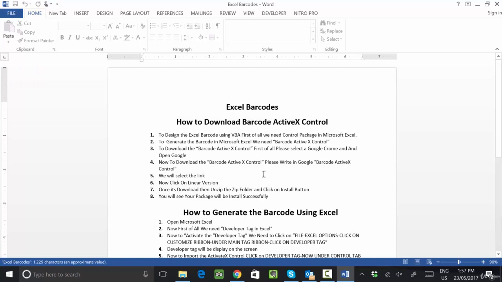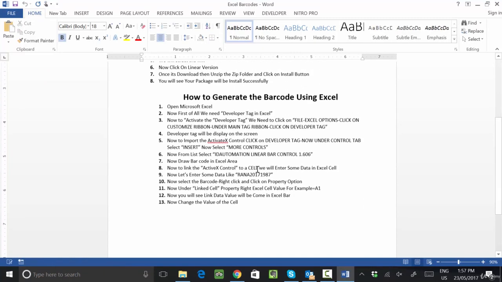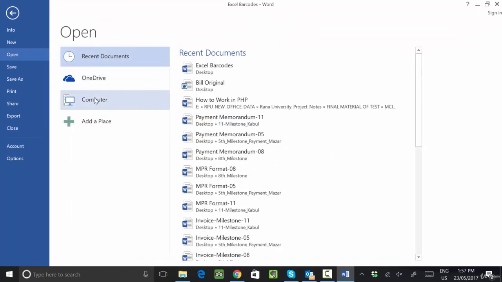So here is the file. That file is open in your system. If you want to open another file, you can press Ctrl O from your computer. If you press Ctrl O, the computer will automatically give you the option to select the location of the file, and you can select your already saved file in your current MS Word environment.